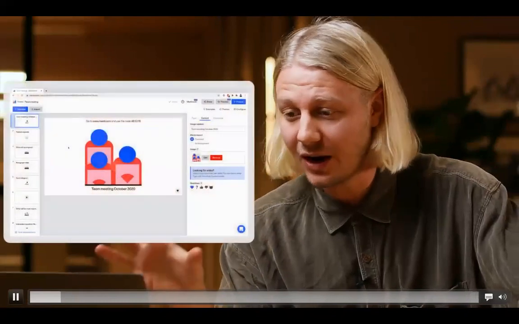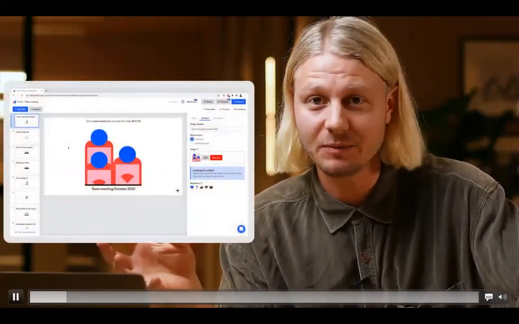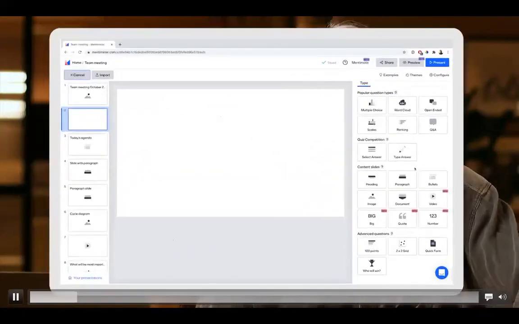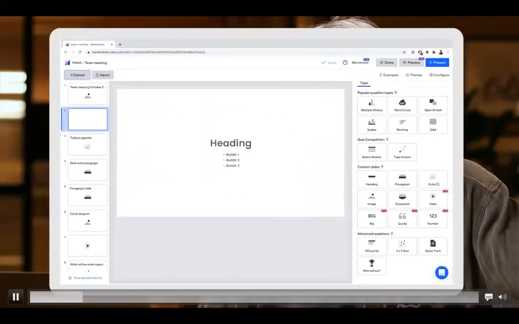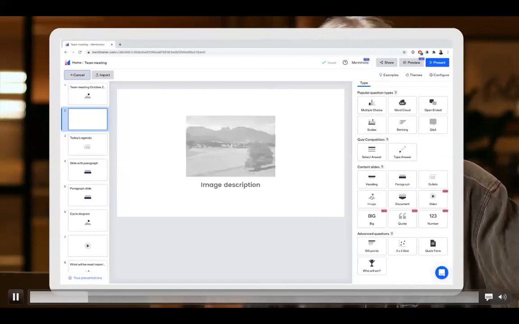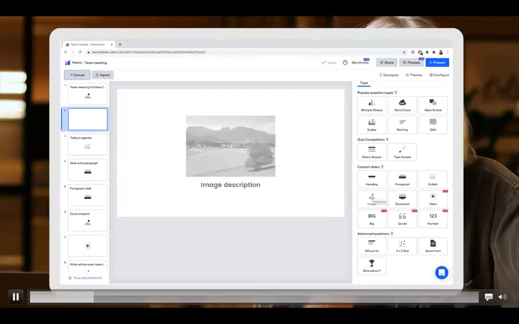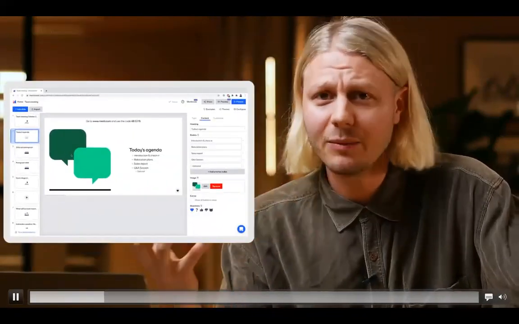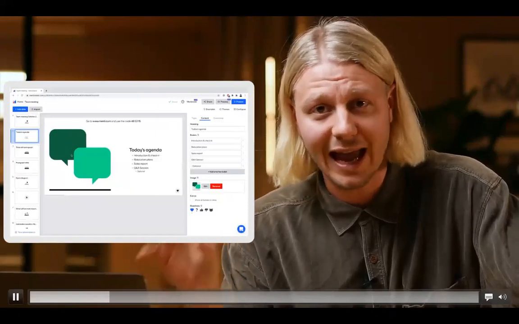Now, there are a couple of ways in which you can use Mentimeter together with PowerPoint, but what a lot of people don't know is you can create long and beautiful presentations directly in Mentimeter. Let me show you what I mean. So here I have my team meeting presentation. I'm going to add a new slide and scroll down to the content slides. And here I can add bullet points, images, headers, just like I would in PowerPoint or Google Slides, for example. And this allows you to create longer and more dynamic presentations, all while using the app.